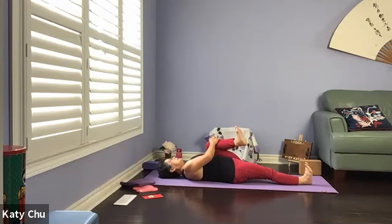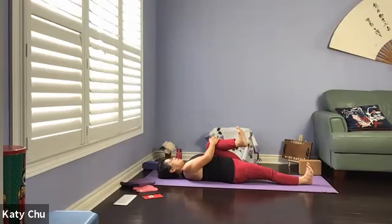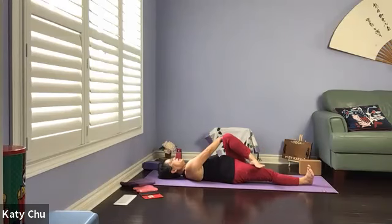Massaging organs on the left side as well as the descending colon. So the large colon goes from right to left. Be gentle with your body. Two more times. And then we're going to go into spinal twist, left foot on right thigh, opposite hand, opposite